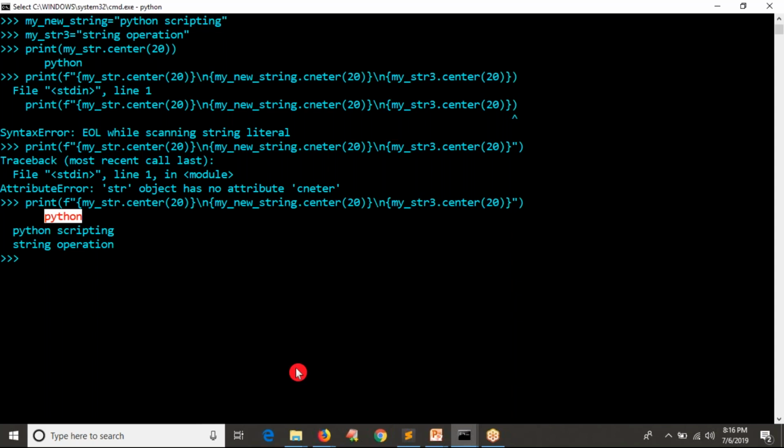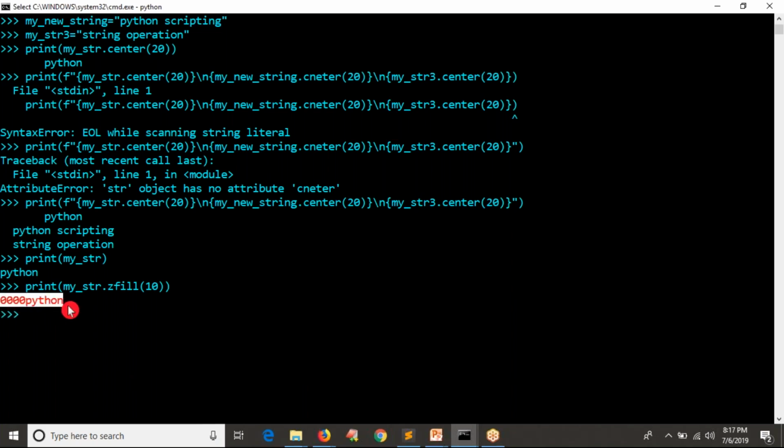Let me do one more thing, like print. Let me take simply your string. I am printing, you are getting something, no? But I want to print this string with some 10 spaces. And anyway your Python string consists of only 6 characters. The remaining 4 places I want to pad with 0 towards the left. See that?